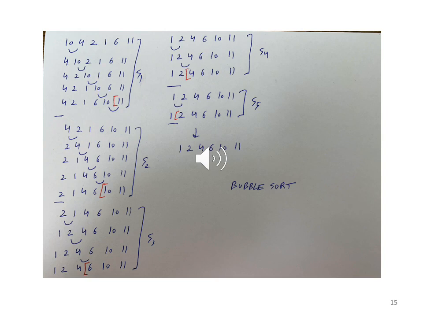So in stage 2, we look at elements from A0 to AN-2. At the end of stage 2, the second largest will be at its appropriate position, AN-2. Then look at A0 to AN-3 and so on and so forth. At the end of stage 5, we have only one element, and by default that will be already at its appropriate position.